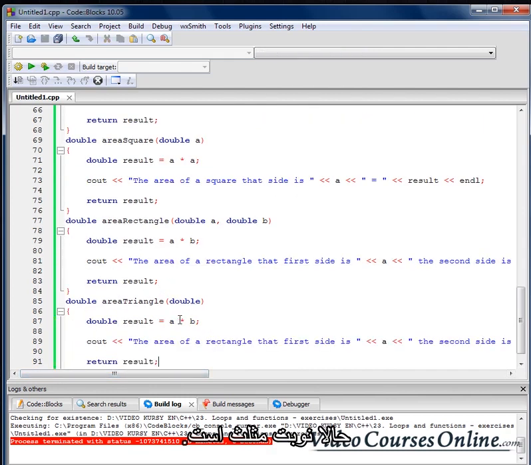And now the triangle, so it is the 1 divided by 2, but remember that we need